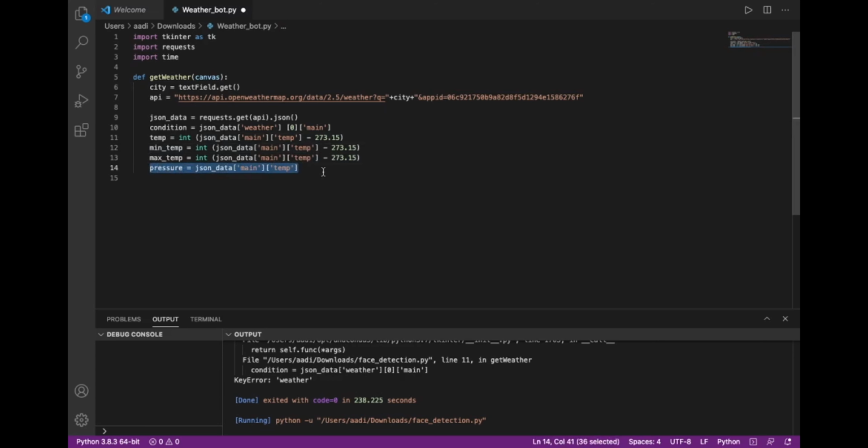Then we have to copy this again, and in the next line we have to specify the humidity, so after pressure, the humidity. So if you think that this is a lot of information, you can skip any part you want, it will not change the code. So humidity, and after you have done that you can head into the next line, that is wind. You have to specify the wind, so wind is equals to json_data, and then in brackets